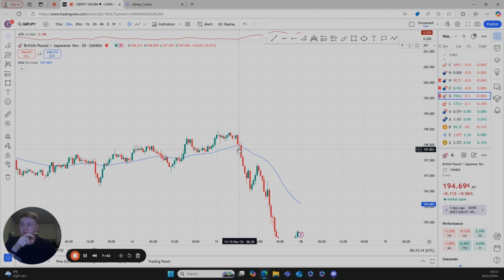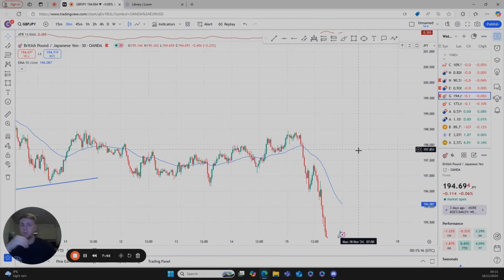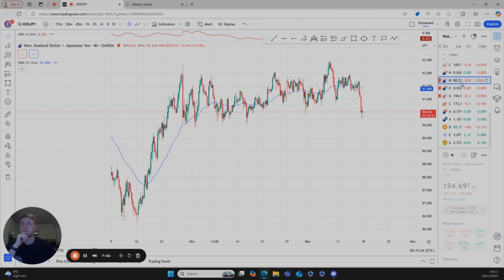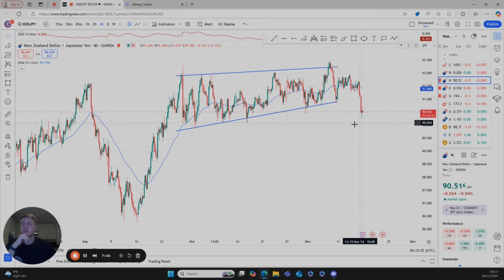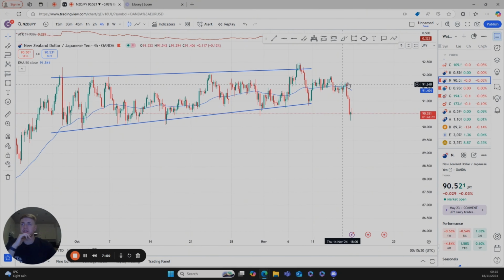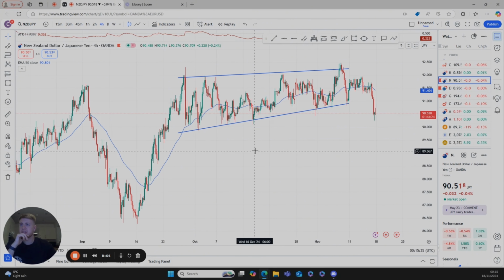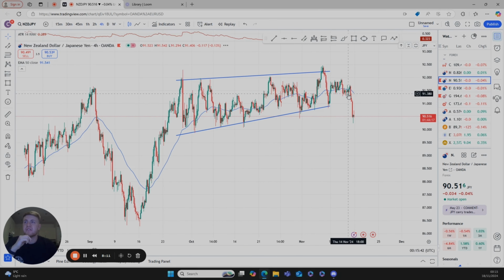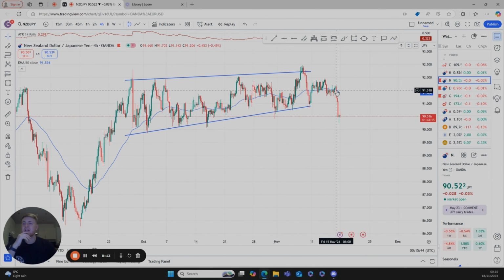So quite annoyed with this one because I think it will still go a lot further down. But yeah, so we missed that one, and is it this one as well? Yeah, and then this one as well. So this is the same. It started to consolidate in this area here, as it has done previously at the top of the wedge, and then we missed the engulfing candlestick to the downside, which obviously is a bit frustrating.